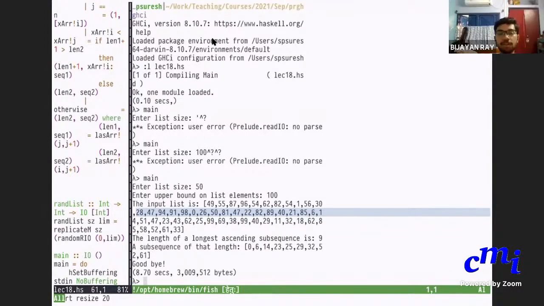Can we extend this program to find all the longest ascending subsequences? If you want to modify your program, you can do that. Yes, sure. Then you will not store one list as part of your result, but a list of lists. Then you will keep adding to it. Yes, sure. So that would be a challenging thing for anyone.